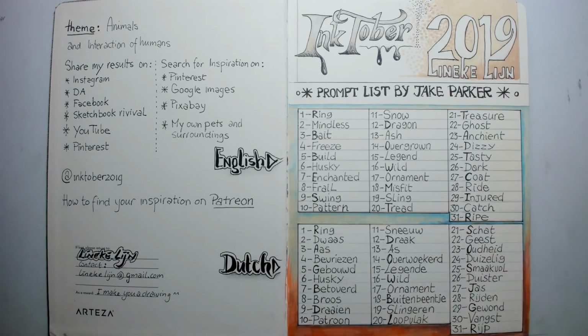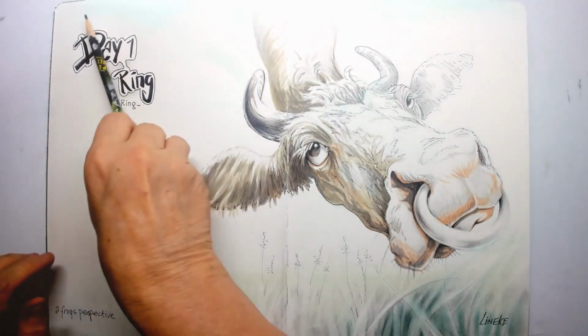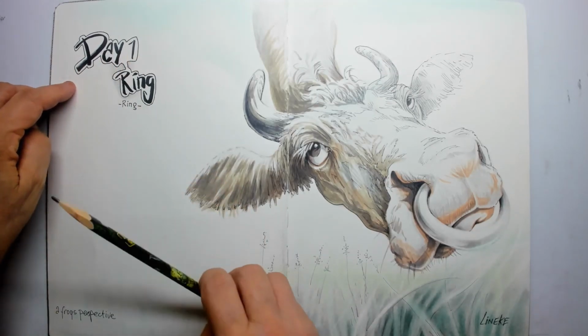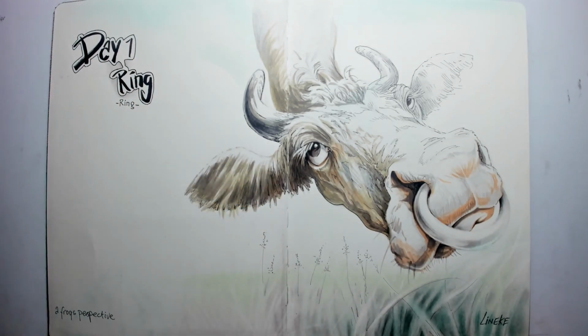So, let's get started. Day 1, ring. And what I did, in every left corner, I wrote the word day 1, day 2, day 3, and so forth, and the word that I am going to draw. That is also helpful. And what I chose for ring is a ring going through the nose of a bull or a cow, which is in the field grazing,